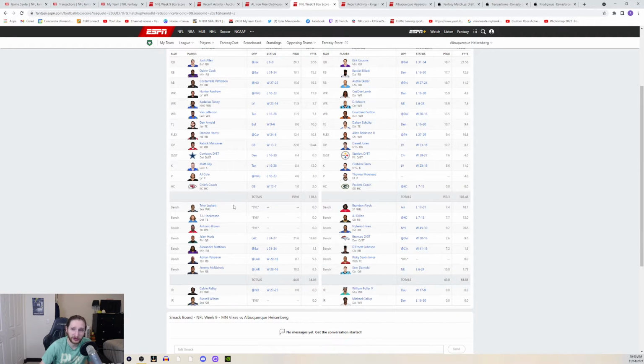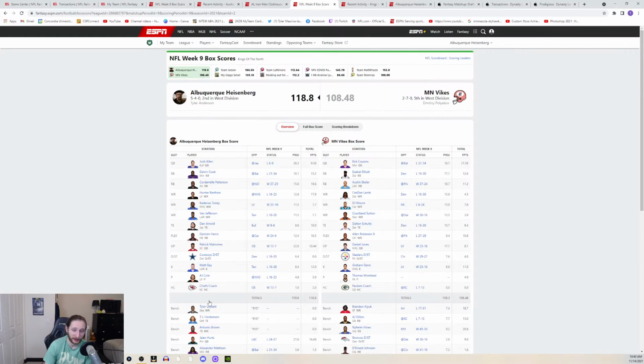On the bench, our receiving core is hurting right now. Tyler Lockett was on bye, and he was without Russell Wilson at quarterback for a while, so thankfully Russell Wilson is coming back this week, so hopefully Tyler Lockett will be a little bit better than he has been. TJ Hockenson was on bye, which is why I picked up Dan Arnold. And I almost picked up Pat Freiermuth, who had 2 touchdowns, but I picked up Dan Arnold instead. Either way, we got the win, so it doesn't really matter, but I wish I would have picked up Freiermuth for last week. And Antonio Brown was out. And Calvin Ridley and Russell Wilson were out as well last week.